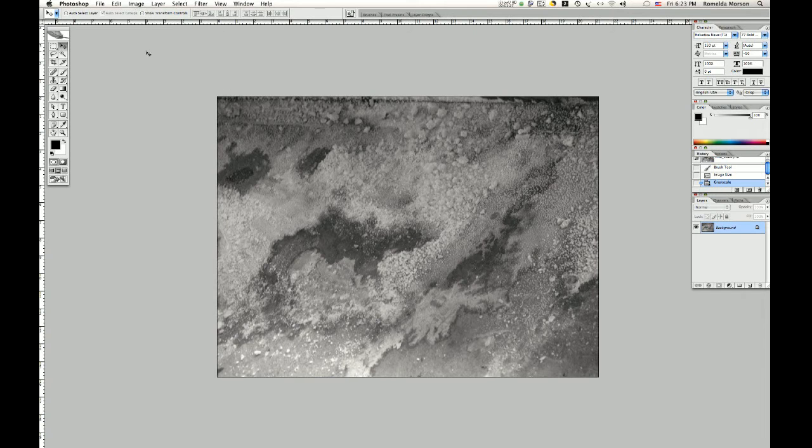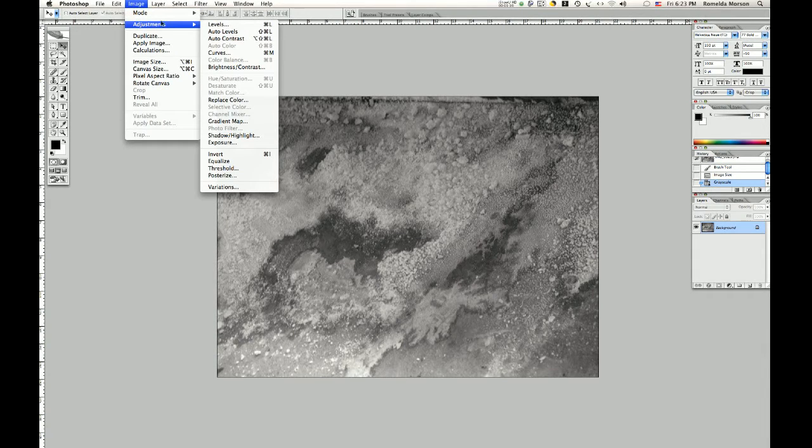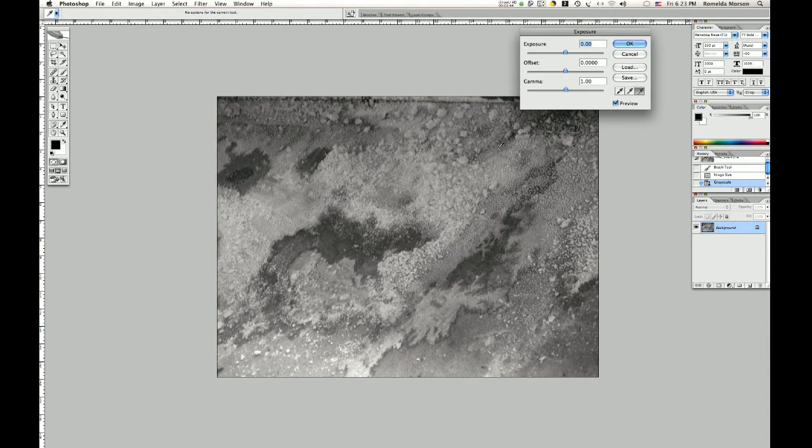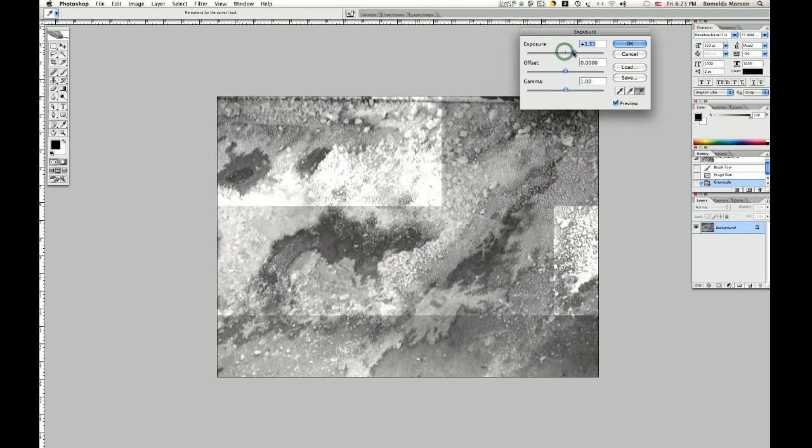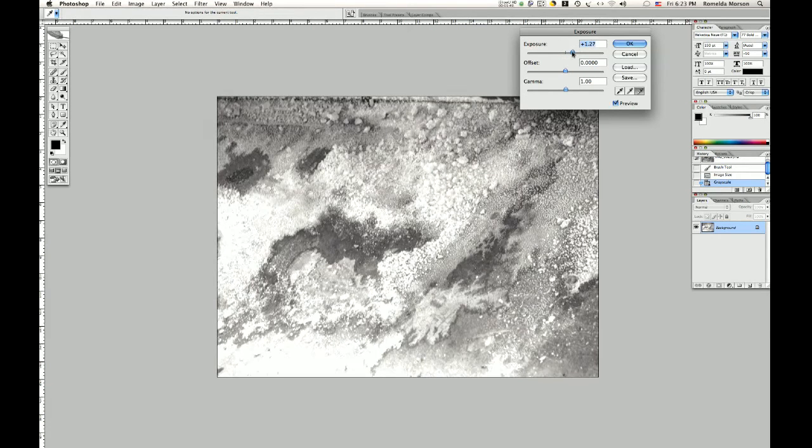So the first thing we need to do is add contrast to the image, and we need to bring our blacks to get as black as possible and our whites to become whiter. These are not pure white. So there's a number of ways we can do that, but I'm just going to go ahead and do a few different adjustments. First, I'm going to start with exposure, because here we can get quite a dramatic change and get a lot of interesting detail in between the black and the white. And we can also adjust the gamma so we can get back some of our shadow in here, get back some more detail,